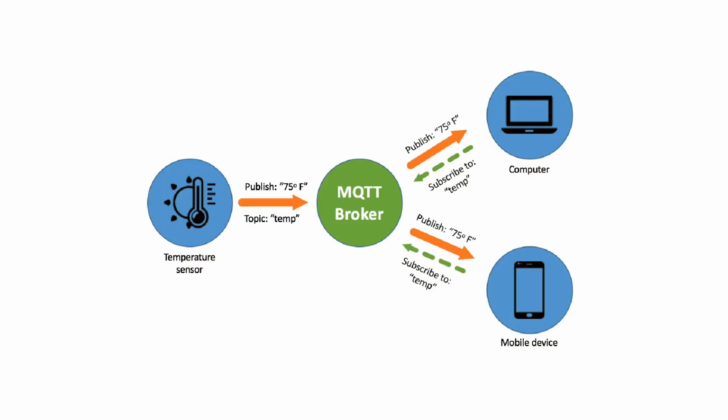MQTT is a messaging protocol that provides a lightweight method of communicating between devices. MQTT, also known as Message Queue Telemetry Transport, is a communication protocol that facilitates efficient messaging between devices in a lightweight manner. MQTT is commonly utilized in IoT, Internet of Things, for devices that have limited processing capabilities and rely on battery power. This can include devices such as gas sensors at a mining site or even a smart light bulb in a home. The protocol is particularly beneficial for these devices as it is designed with built-in mechanisms that prioritize reliability even